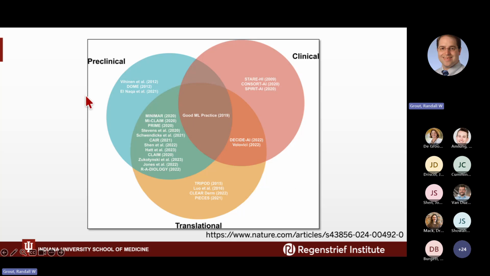But looking in the preclinical, clinical, and translational area of, for example, CONSORT-AI and the randomized trials, or TRIPOD, or MINIMAR, these different ones help you understand which ones might apply to you. You could also look under the EQUATOR Network and search among there, and they have ways to help find, I'm doing a randomized trial, or I'm reporting on observational things.